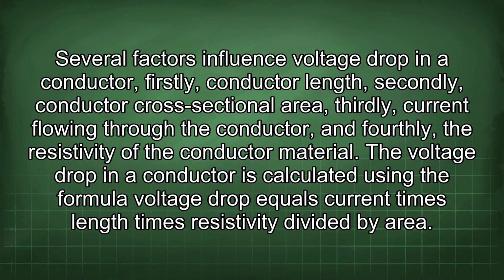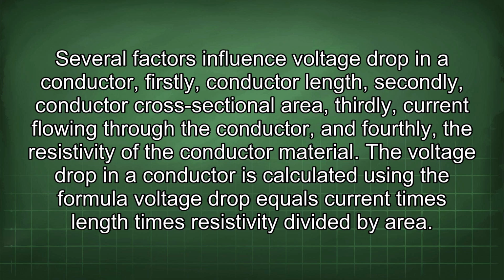Several factors influence voltage drop in a conductor. Firstly, conductor length. Secondly, conductor cross-sectional area. Thirdly, current flowing through the conductor. And fourthly, the resistivity of the conductor material. The voltage drop in a conductor is calculated using the formula: voltage drop equals current times length times resistivity divided